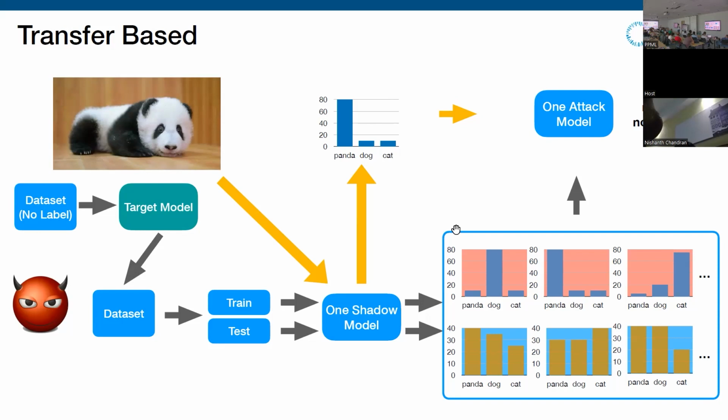I assume the question is: it only works when your model is well fit. It does not work if your model performs at 80%, right? That's the problem for all membership inference, not specific to this attack. I will talk about that later.